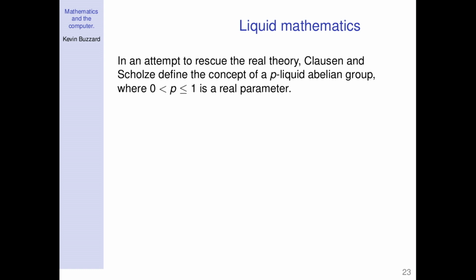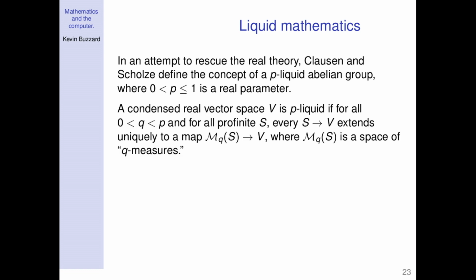So in an attempt to rescue the theory, if you've looked at Scholze's notes from the courses he's been giving in Bonn on this stuff, we've now covered the first lecture course he's given, the solid stuff. But in an attempt to rescue the theory, because we want the real numbers to be complete in some way, they now define a slightly weaker concept of completion called p-liquid. Now p was a prime number on the last slide. p is a real number between 0 and 1 for the rest of this talk, in fact. So p is a real number between 0 and 1, and it's the same kind of definition.